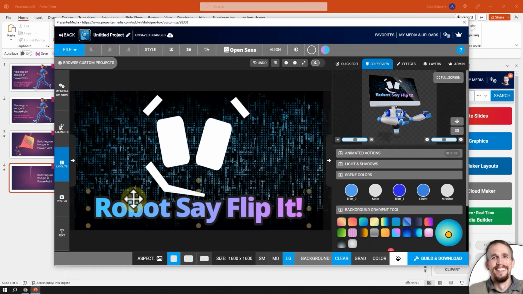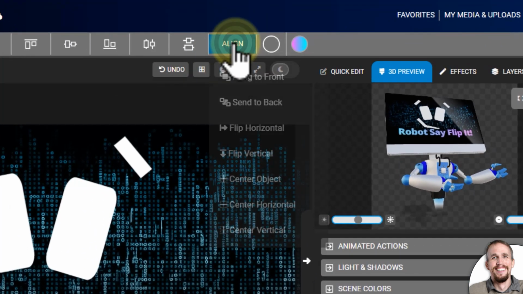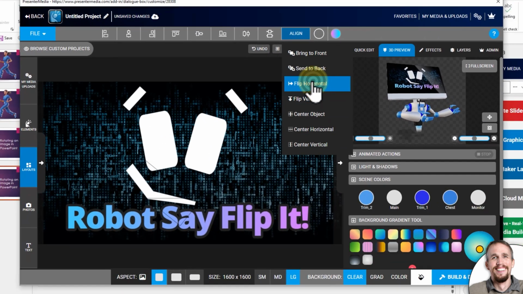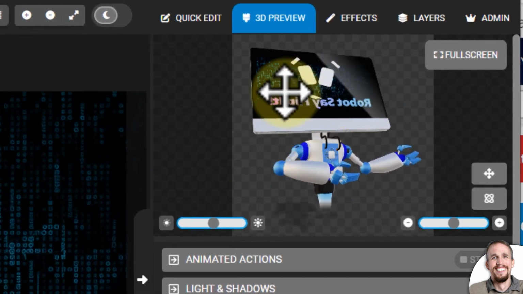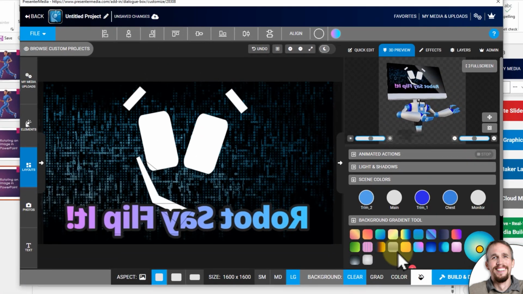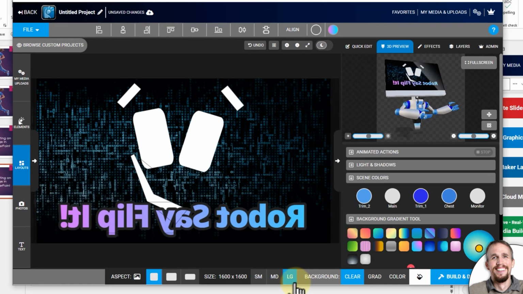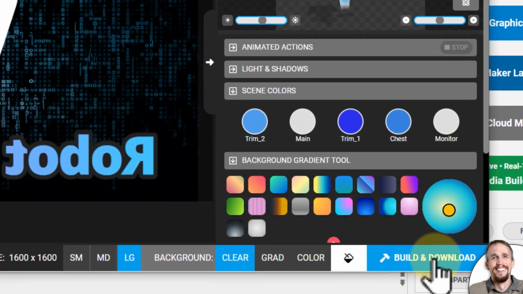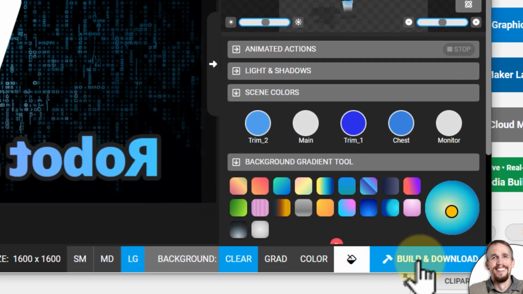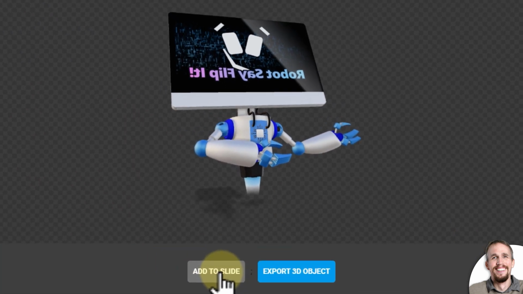There we go. Okay, so once I have my custom design area how I want it, if I select all, hitting Control A, and then go up to the Align tool and flip horizontal, it'll flip everything backwards, and that's what I want. So when I go to Build and Download right here, and then Add to Slide,